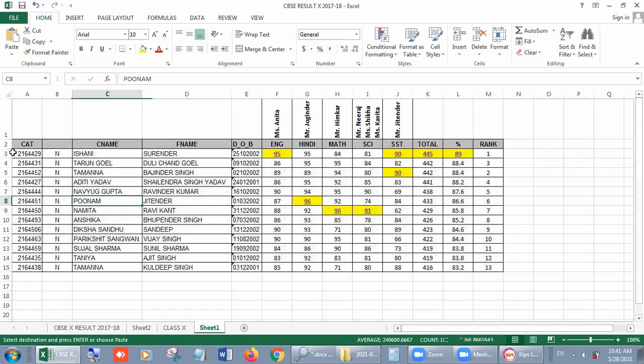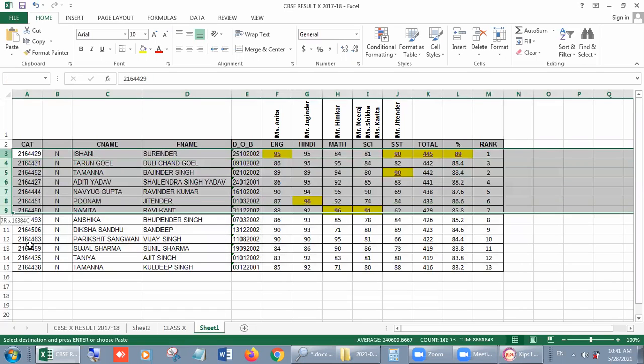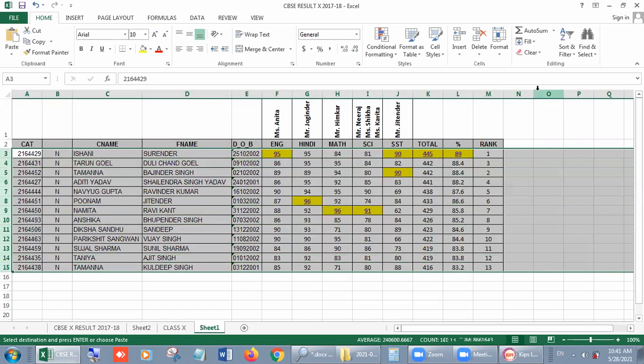So first I will select the data. After that I will go to the Home tab, at the end section, that is the Editing group, and I will click on Sort and Filter.